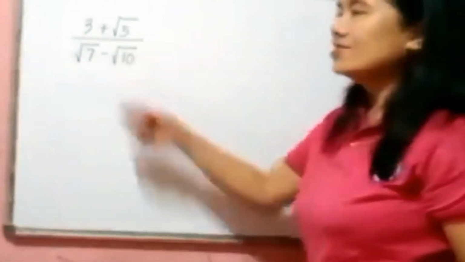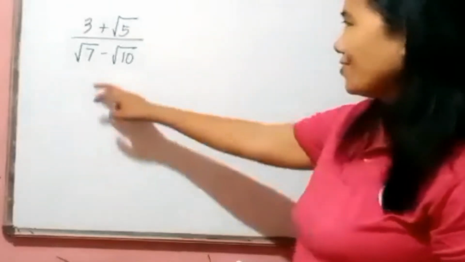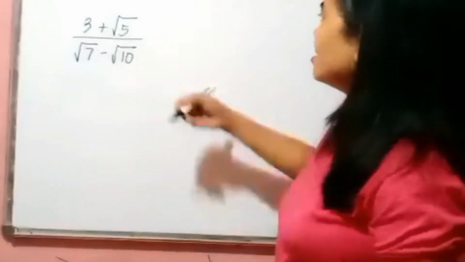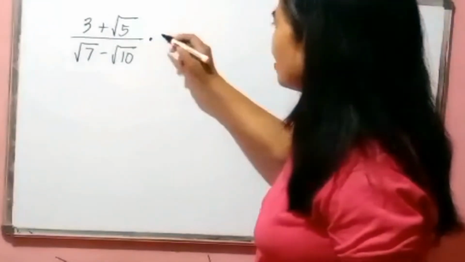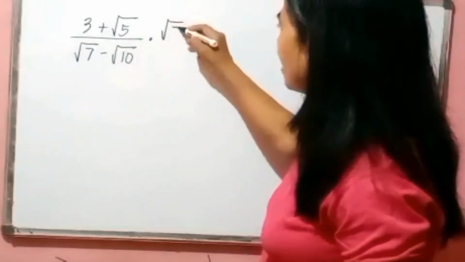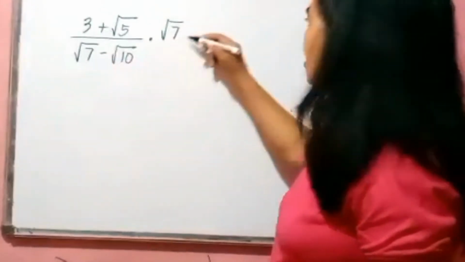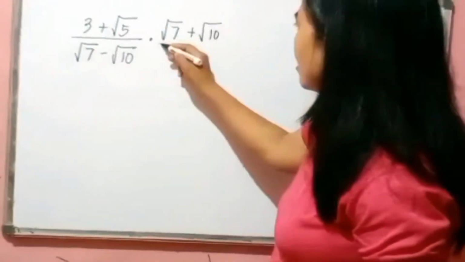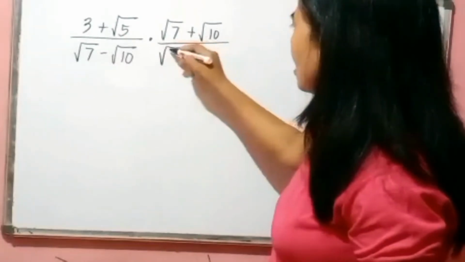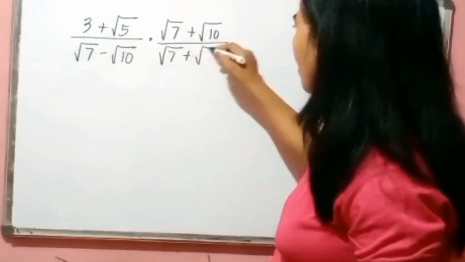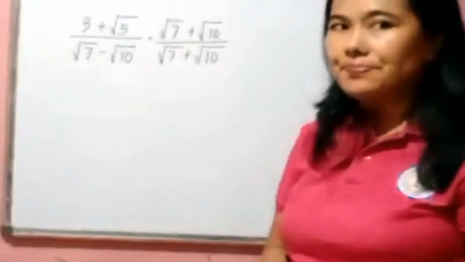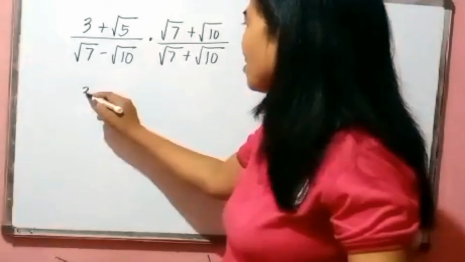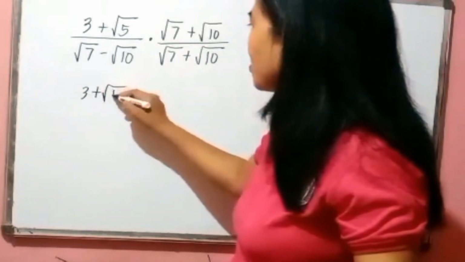Okay, find the conjugate pair of the square root of 7 minus the square root of 10 para matanggal na natin. So, of course, yung opposite sign lang, no? So, it will be 7. Instead na minus, so we're going to use the plus. And then, that is going to be the same below. Okay. Ngayon, multiply na natin sila horizontally. So, we're going to have 3 plus the square root of 5